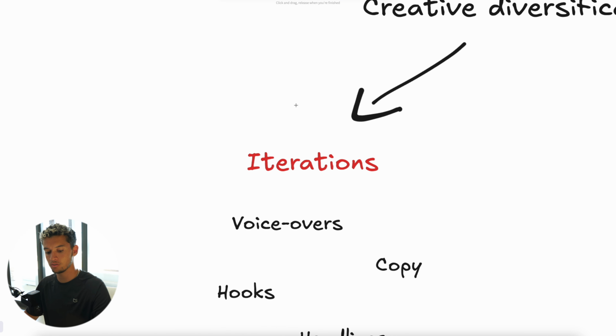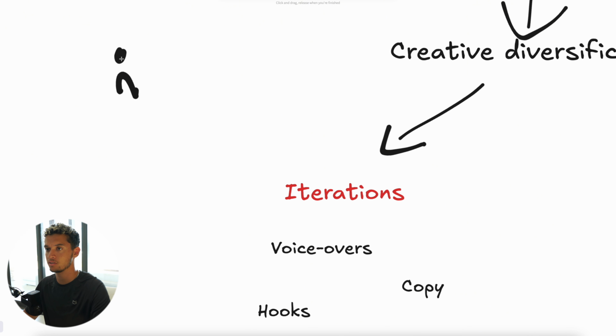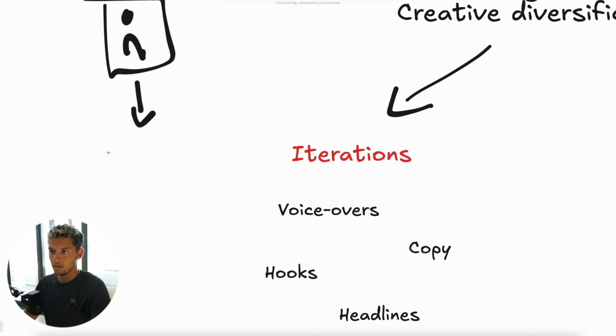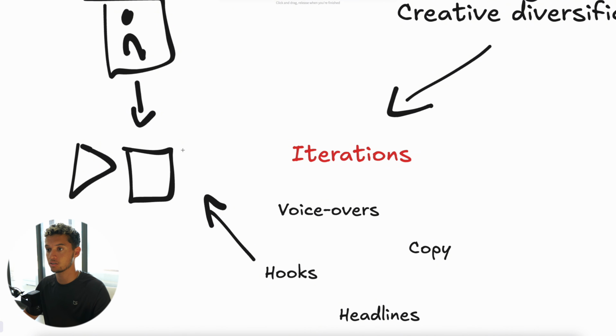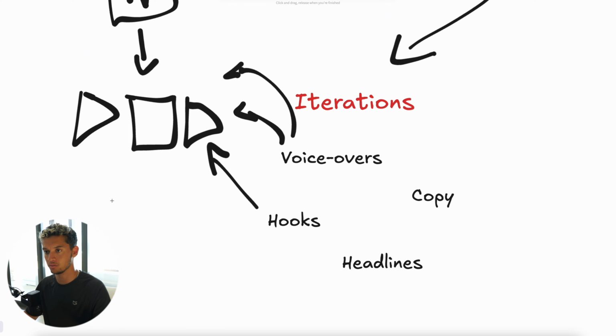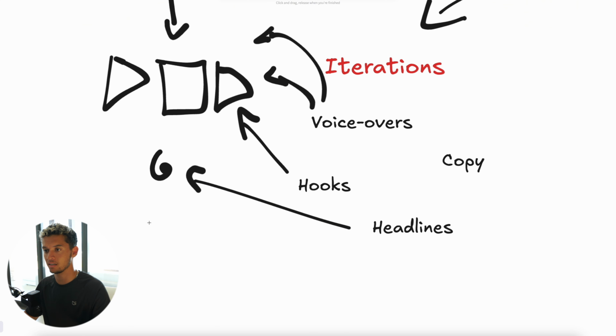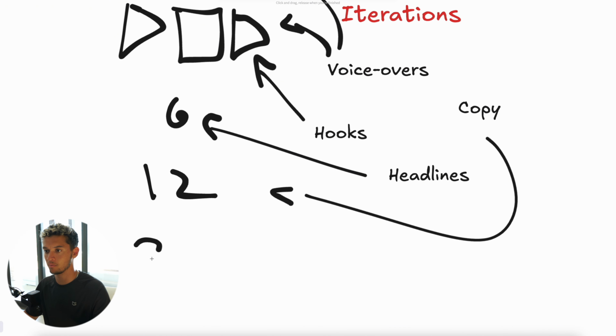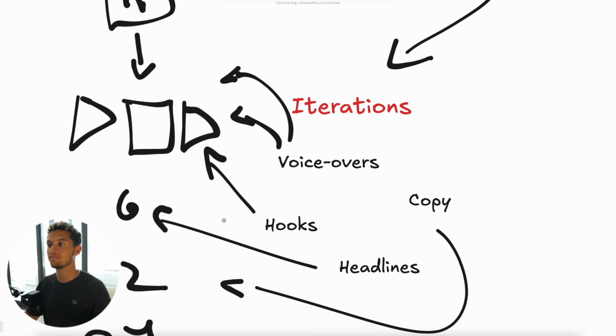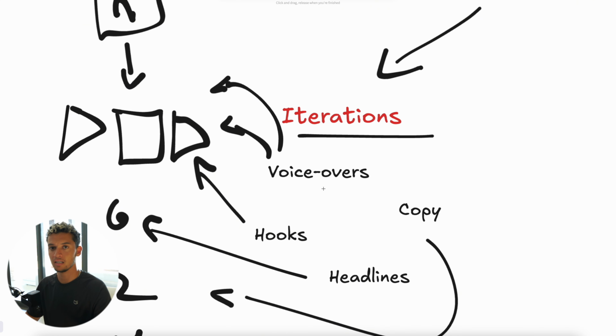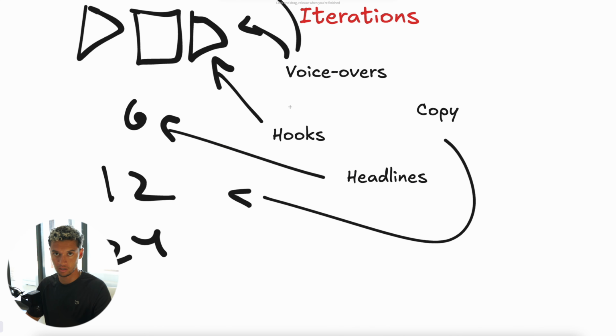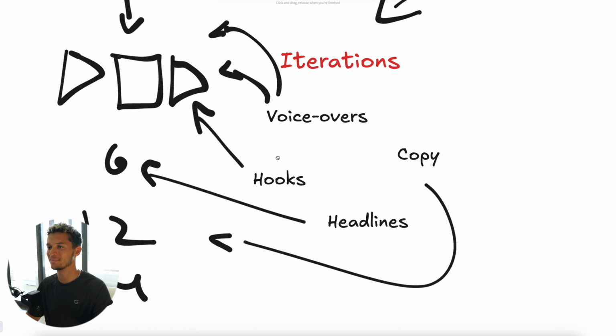So back in the days, you used to be able to just get a video from, let's say, a UGC creator here. You got that video, and this video could turn into 3 different videos. So you would have different hooks with different voiceovers, or the 3 different videos would be the 3 different hooks. And then you could have 2 different voiceovers per video. Now we're up to 6. And then you can split test headlines, now we're up to 12. So now you can split test the copy, now we're up to 24. So you can create basically an infinite amount of creatives based on the iteration. This does not work anymore, or Facebook hates this. This is basically what the Meta Andromeda is.